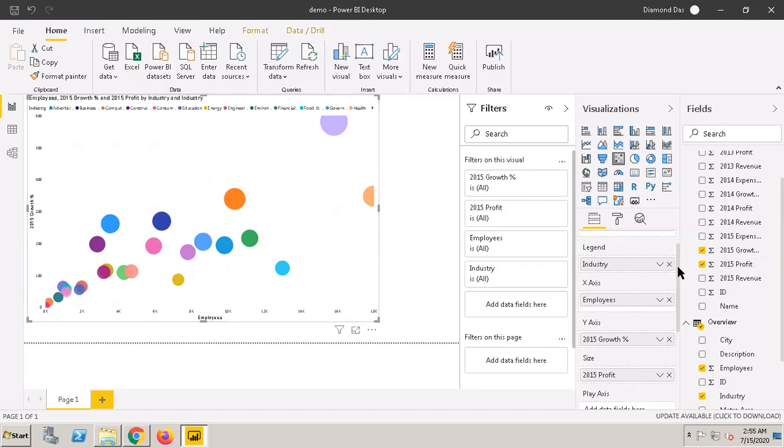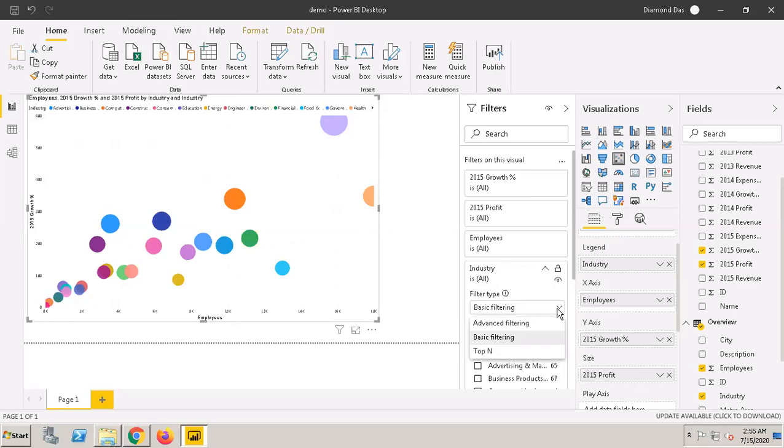Apart from this, I want to see the top five revenue making industries, so I want to control my visual to show just those. I've selected my visual and I want to select the industries.